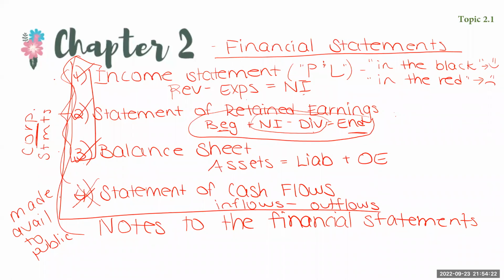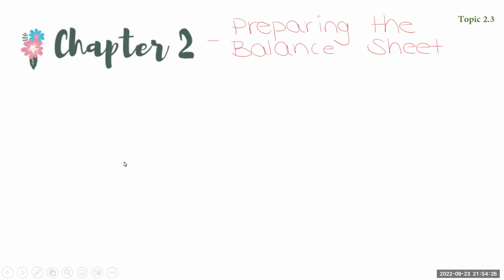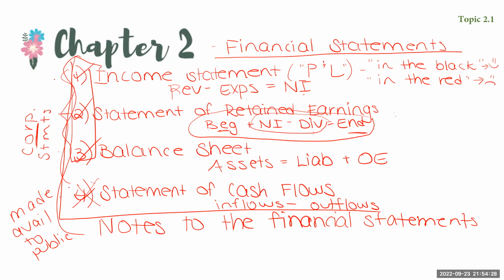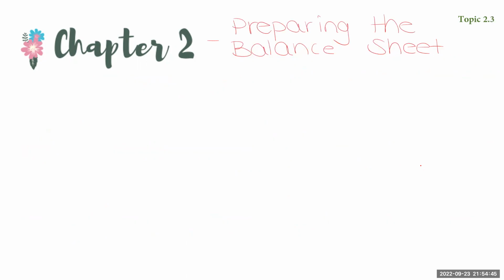Now we'll focus on preparing that last statement for us, the balance sheet. Like I said, we're not going to be preparing this fourth statement, the statement of cash flows, in this first part of the class. The last statement that you'll have to prepare is the balance sheet. As a reminder, assets, liabilities, and equity are what appear on the balance sheet. So preparing it,